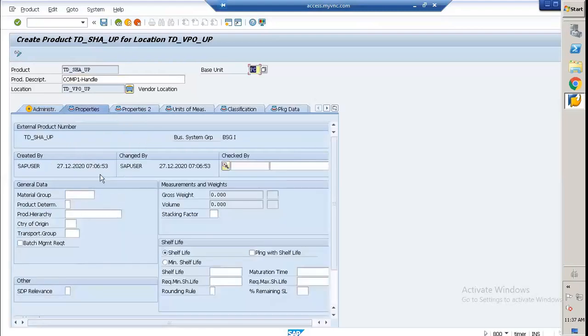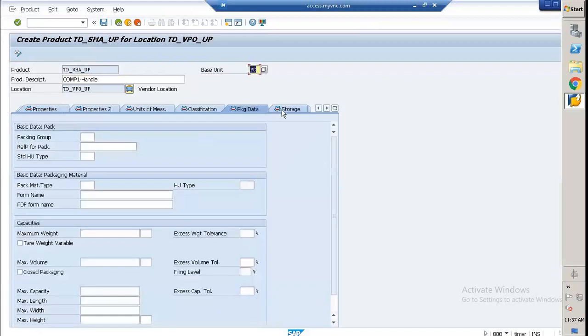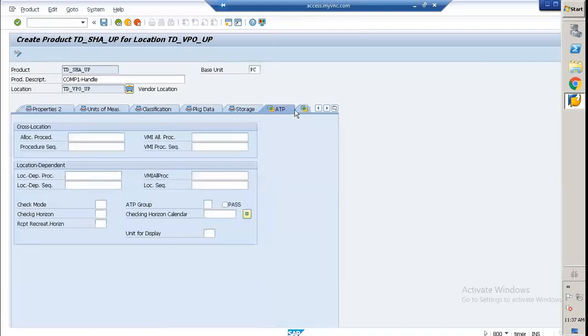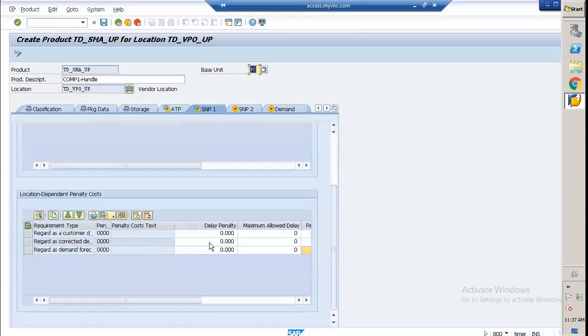Properties, no need to do anything here. They get automatically filled; STP links blank only. Multiple interface also no need. Classification, package data, storage, no need. ATP is also no need. Demand SNP is already maintained. Okay, just give it as